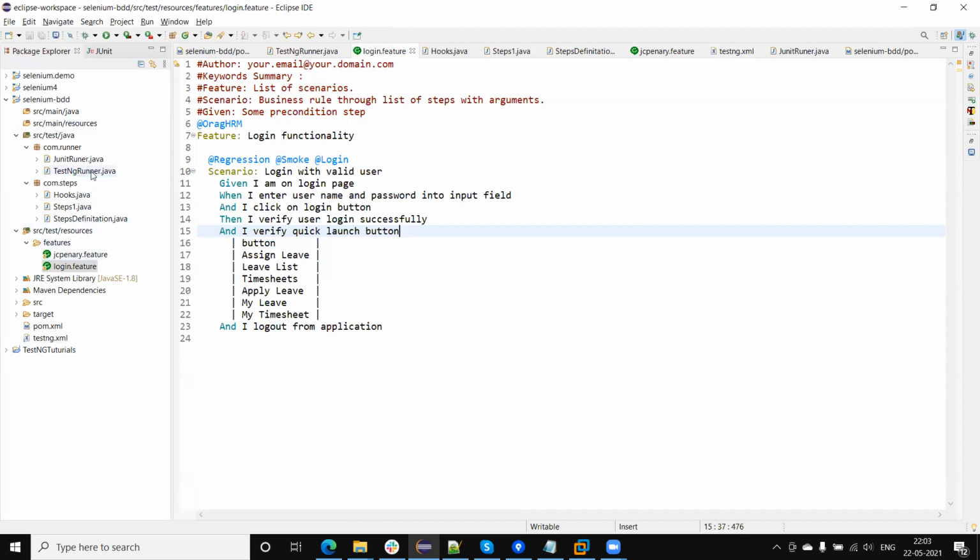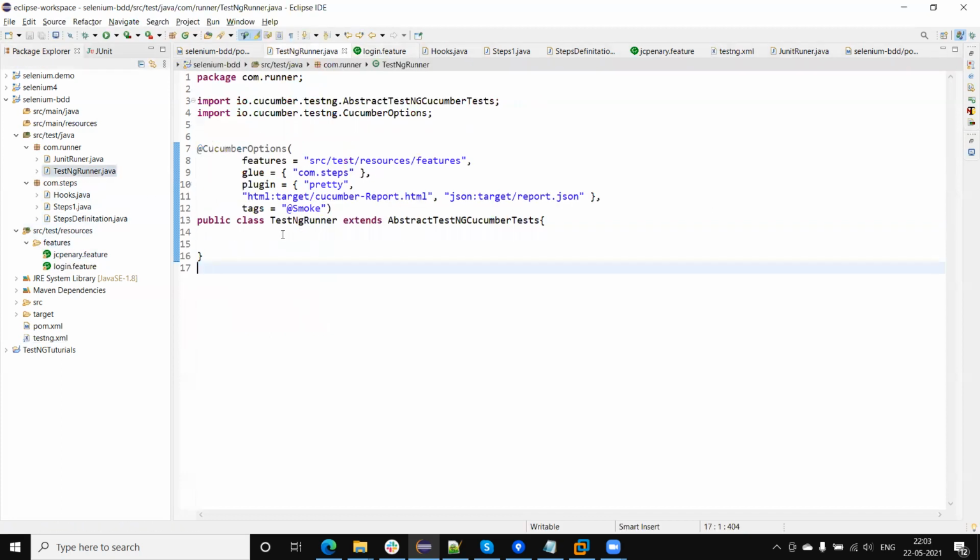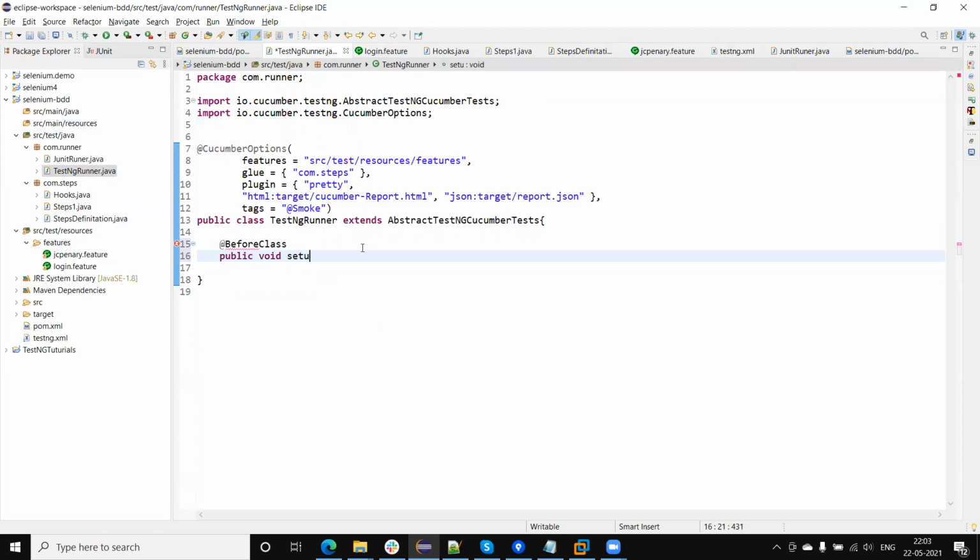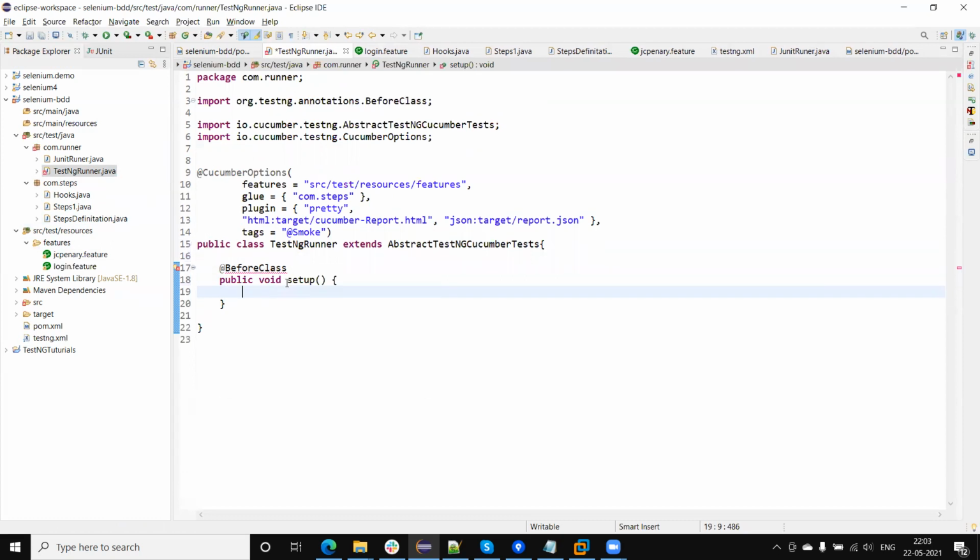Now we have a TestNG test runner. We can add some TestNG annotations here, like @BeforeClass. I am going to create one method, setup. Why am I going to create this setup? Because we will get the value from the suite XML file in this method.